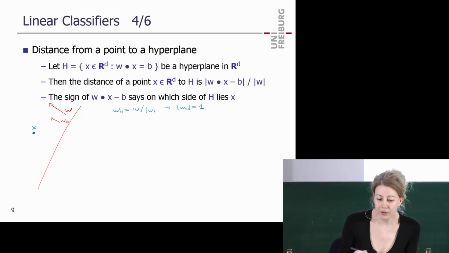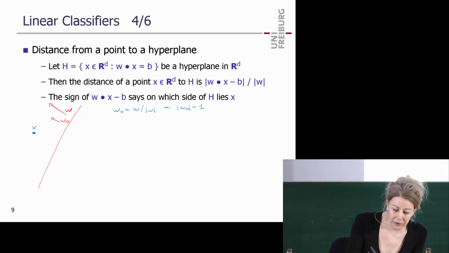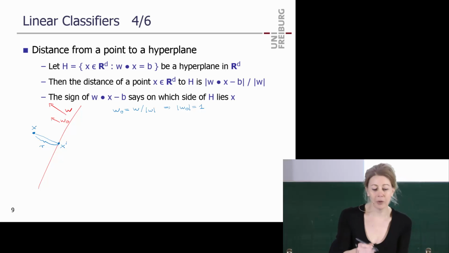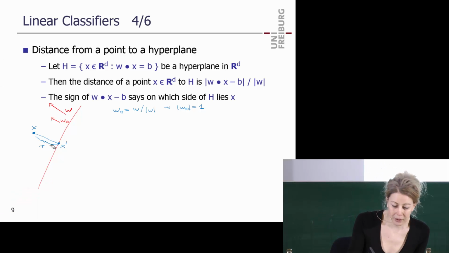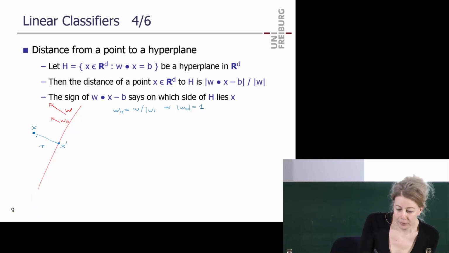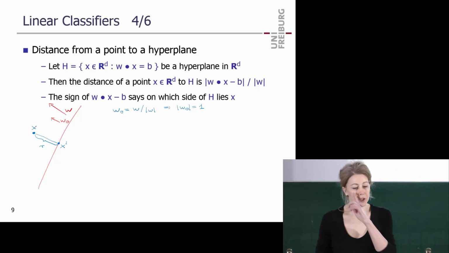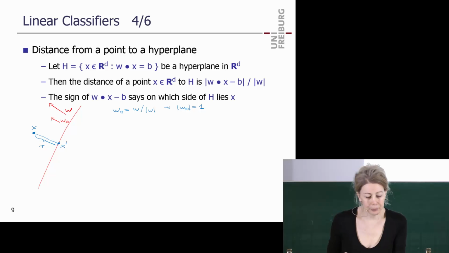How do we find out the distance? So this is how we measure distance, right? Let's say this is distance r. Let me call this point x prime. Now I want to compute the r. How do I compute the r? Now some beautiful linear algebra again. It's not so easy to draw. Yeah, this is the r.